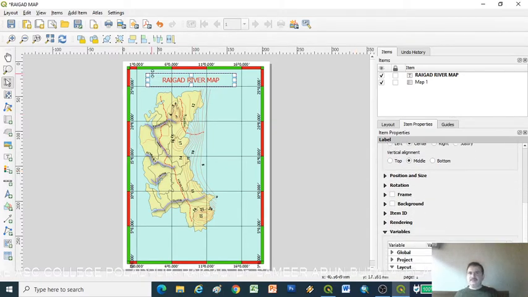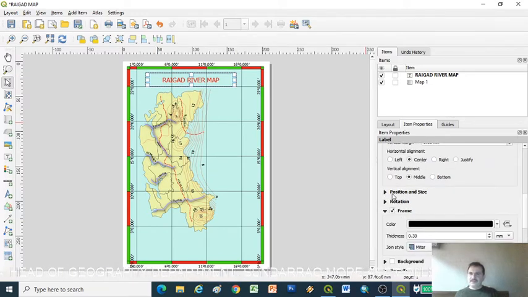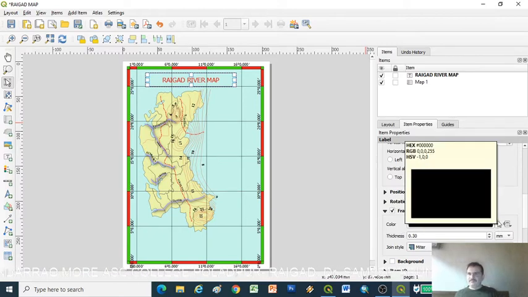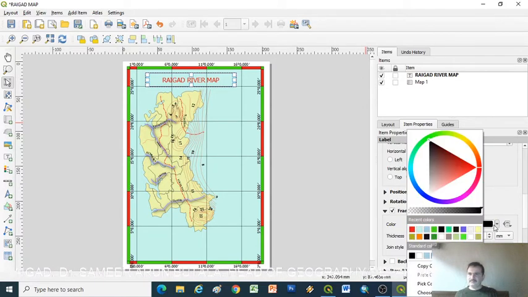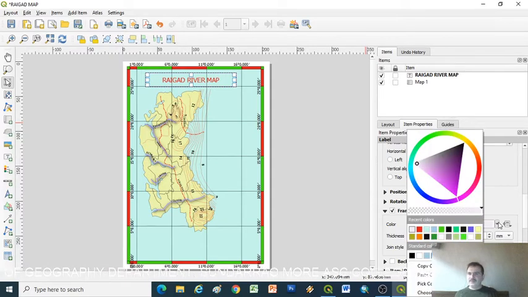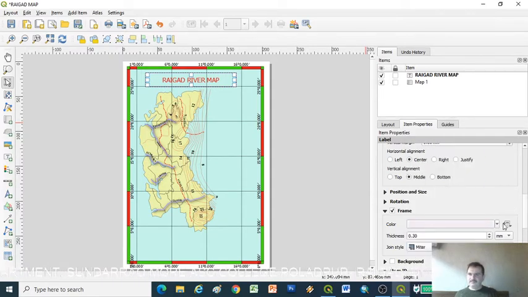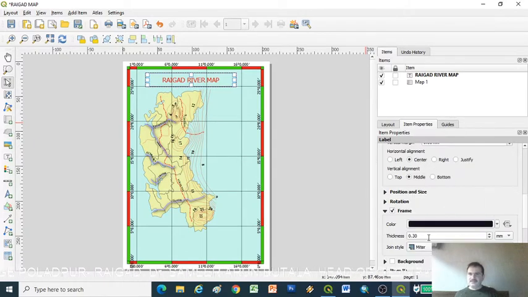Suppose I want to give a background for this text, or frame, so we can use the frame also. We can create a frame for the legend as per the color. So we use any color, or suppose no color, or suppose here the line color is black.